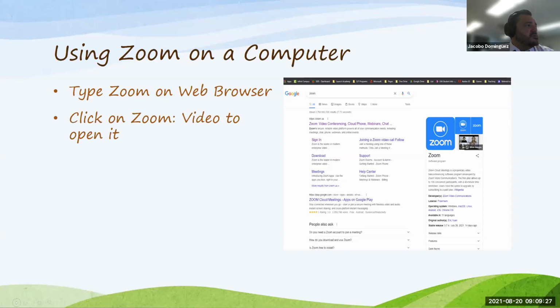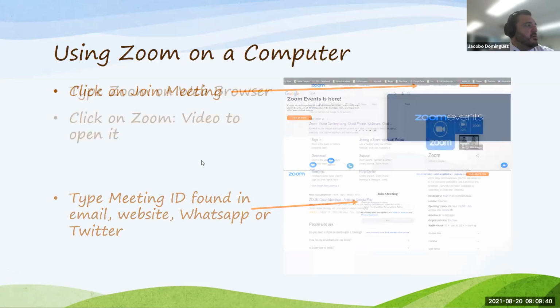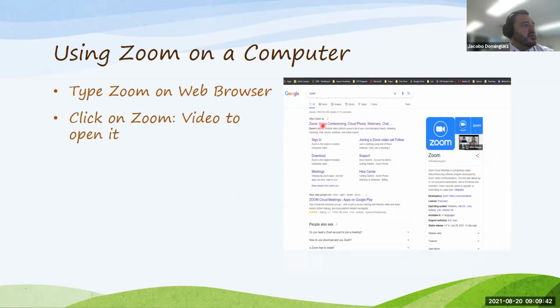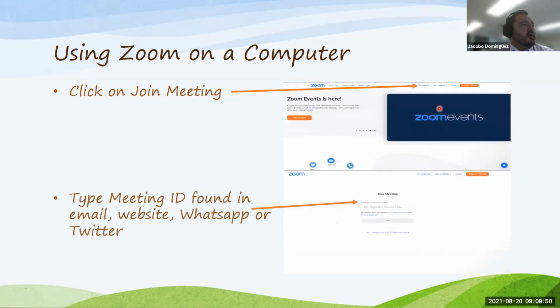So you would type in Zoom, you will look for zoom.us, that's their website address. And once you click on this link right here, it will take you to this page, right? If you are just going to be joining somebody's meeting, you want to click on join a meeting, and then it will bring you to this page right here, which says join a meeting,